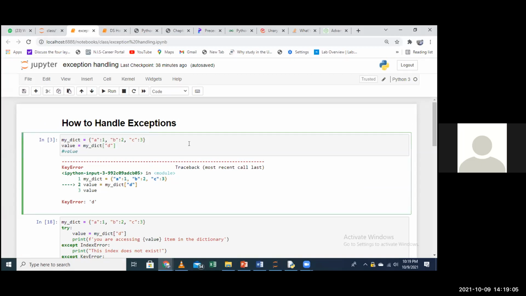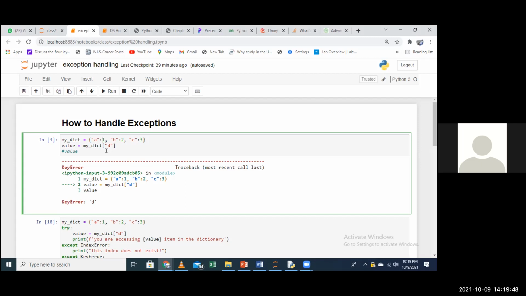Our first part is here. What I did is I initialized a variable called myDict. MyDict is a dictionary. For my dictionary, you can see I have 3 elements. I hope you know dictionaries have keys and values. For every key, there is a value. The value for A is 1, for B is 2, and so on. Now, as Esther has already explained, you can try to access a particular key. A, B, and C, all those 3 are keys of this dictionary. 1, 2, 3 are its values.